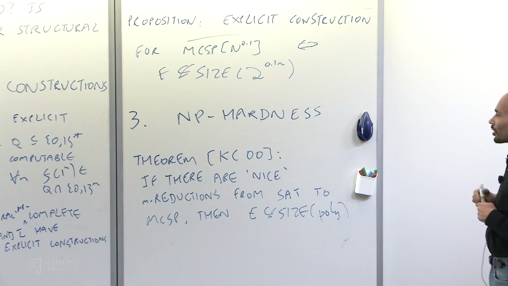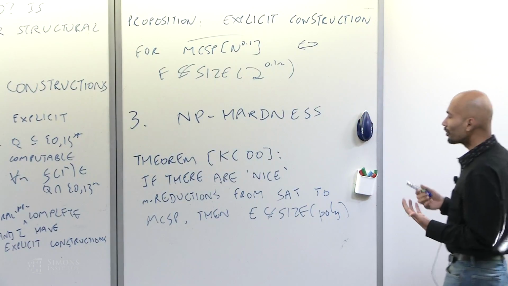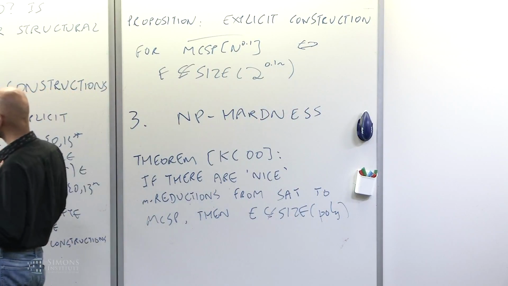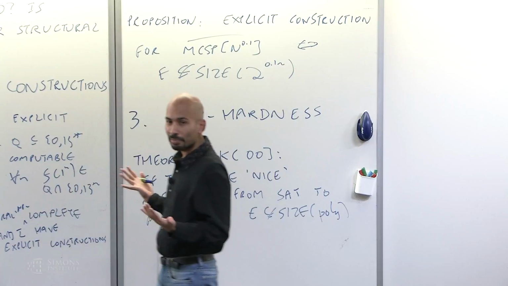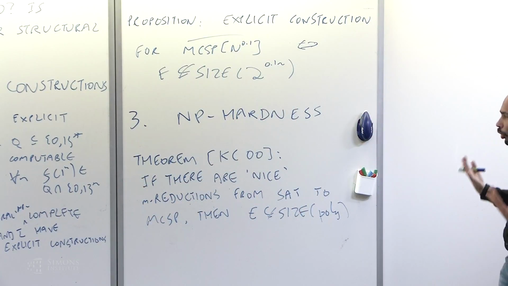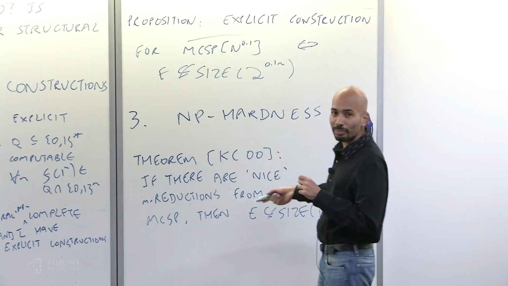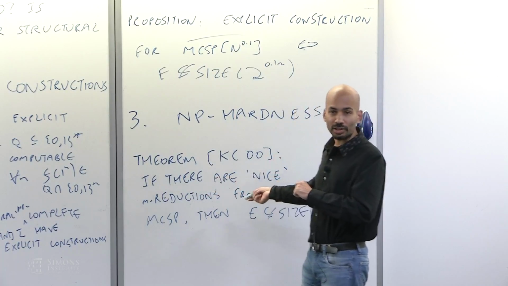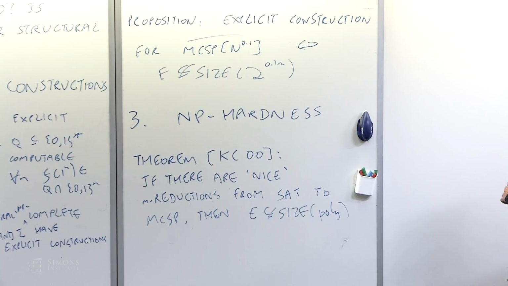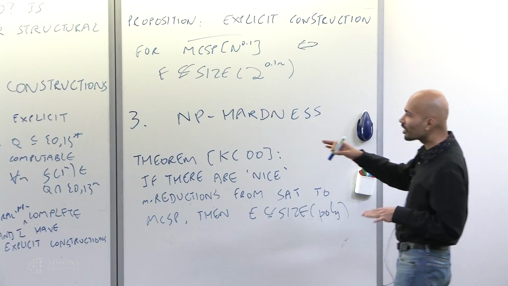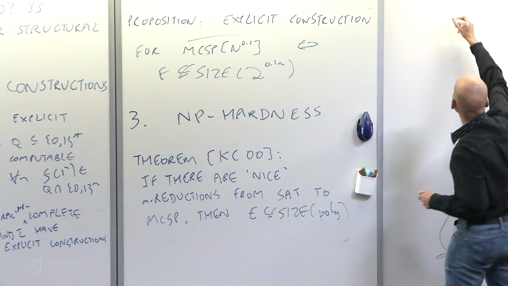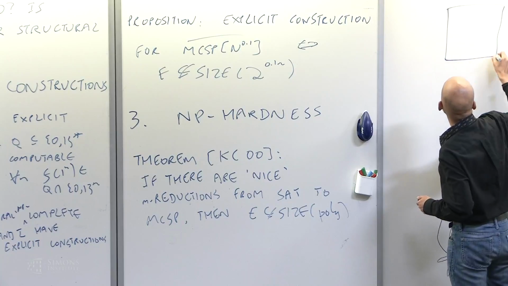And the core of their result is really that there's this explicit construction obstacle for MCSP, right? We don't know how to explicitly construct no instances of MCSP, and this lack of knowledge on our part translates to a lack of knowledge on how to construct reductions. And let me just explain how that goes. Let's just take the version of MCSP where we have the parameter set to, say, n to the 0.1. So we have SAT.